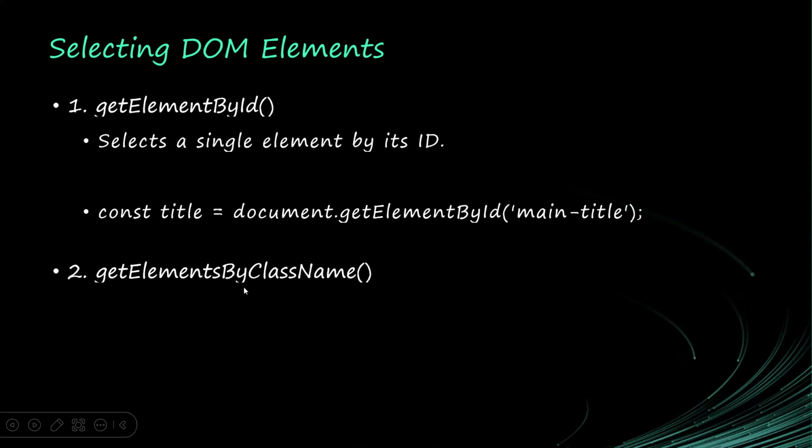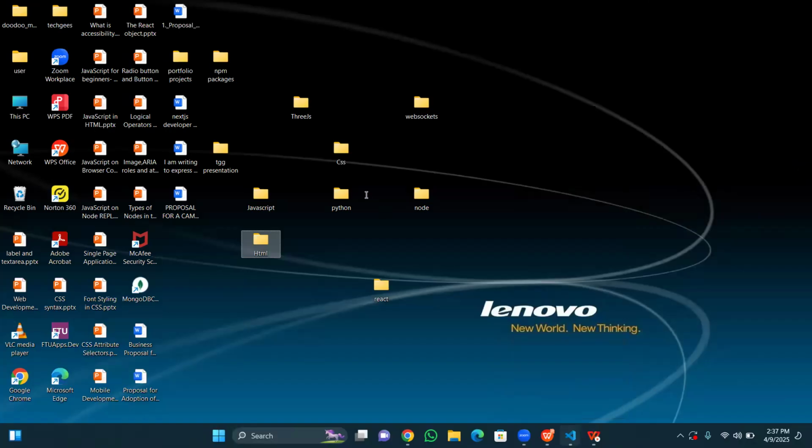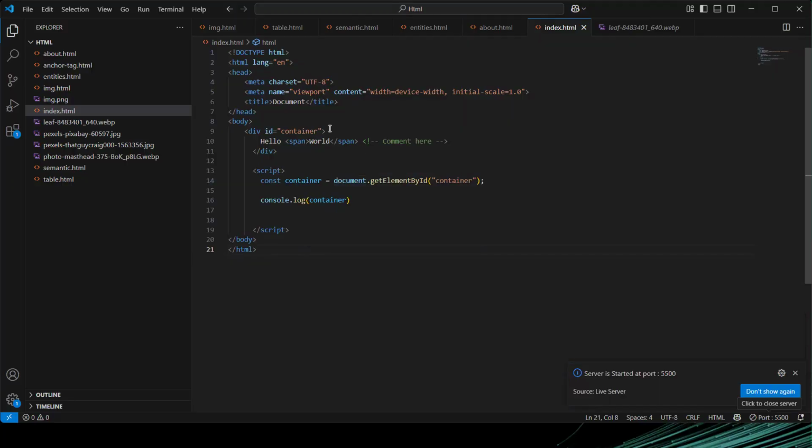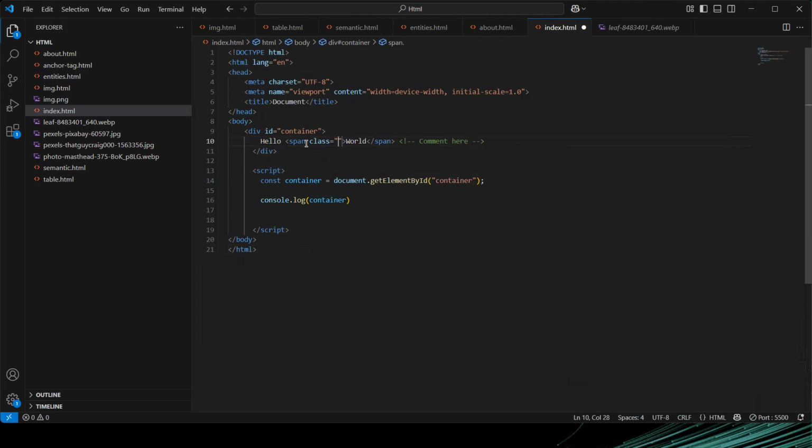You can also get elements by class name. Remember that elements can have classes. When your element has a class, you can select elements with a specific class and it will return an HTML collection. So let's go back and add some classes. I am not actually going to write the CSS class here, but let's say I have this span that has a class, and the name of the class could be,